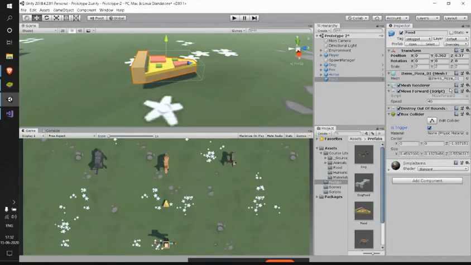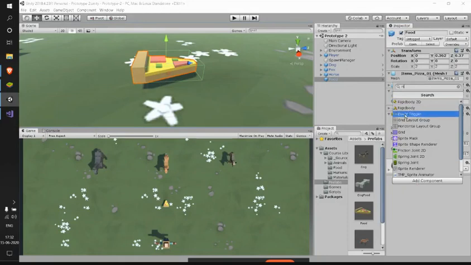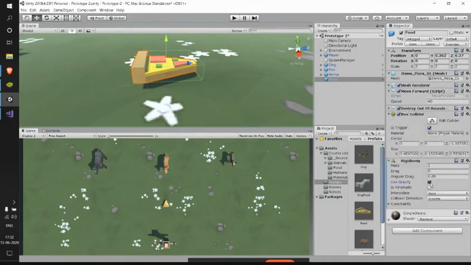So having the colliders isn't the only thing enough for our collisions to happen. We need to have at least one rigidbody also. So for our food object, let's add a rigidbody component, and here let's uncheck the gravity. Our food has to fly in air, right? If our food has gravity, it will fall down.